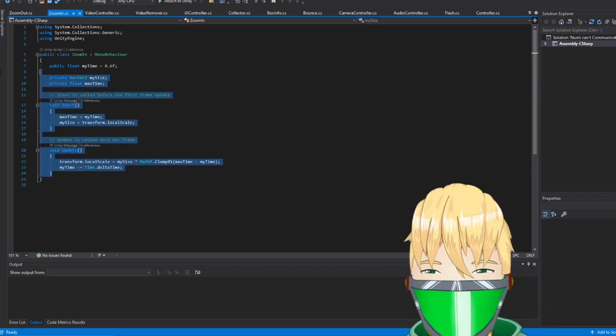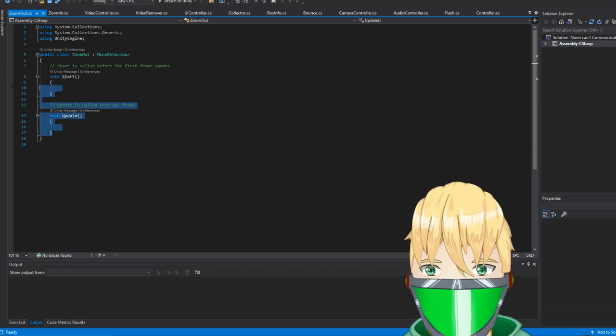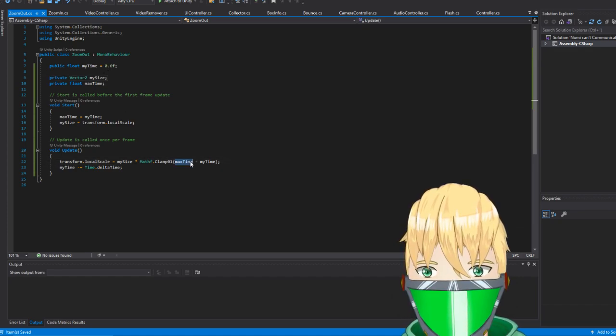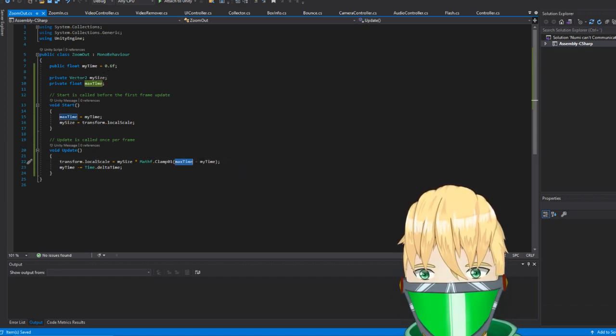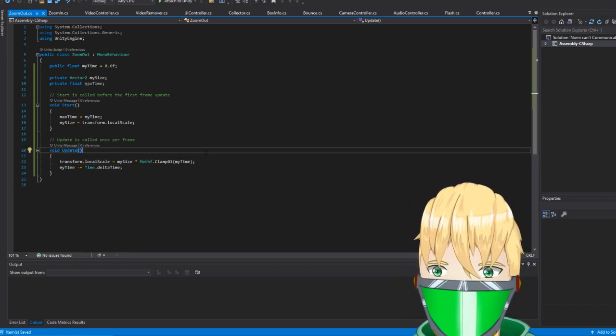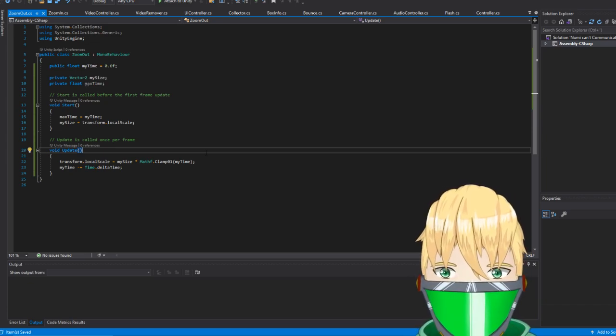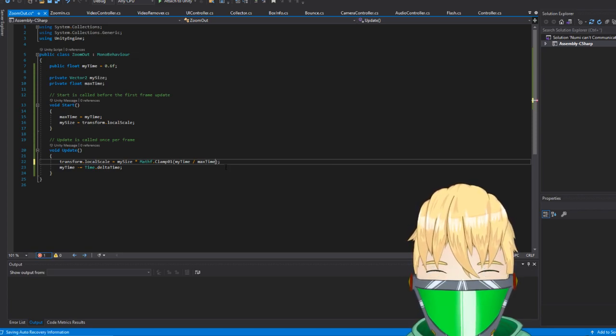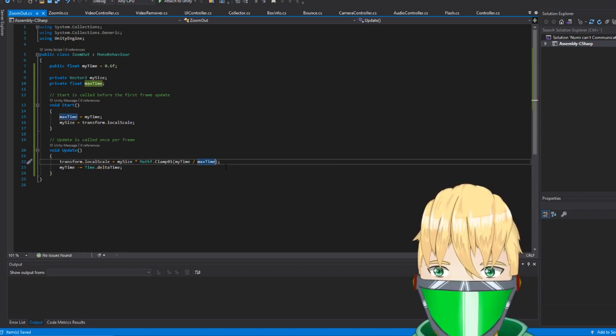Well, I can actually just copy the code here. It's this, but instead of my time minus max time, it'll just start at my time. Or no, I have to divide it by max time. So we have my time divided by max time, I guess. Because at most we want, wait,